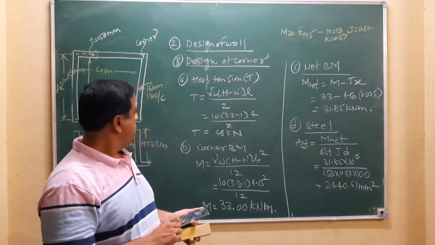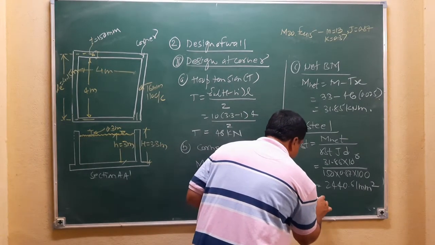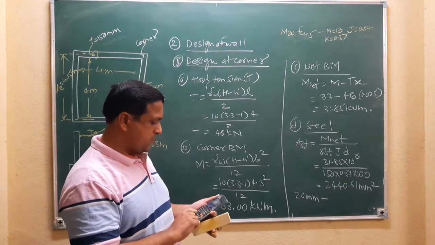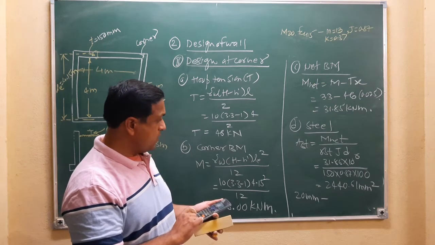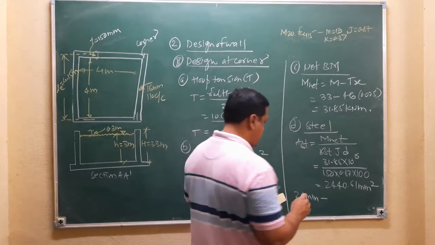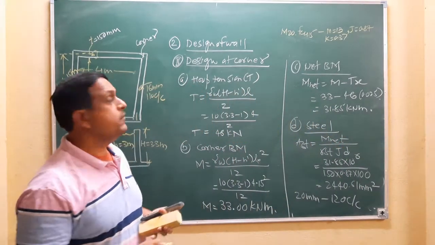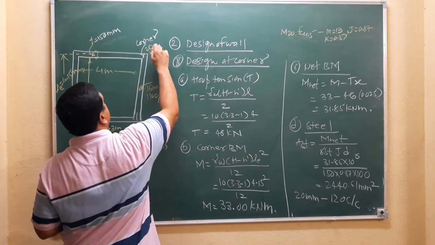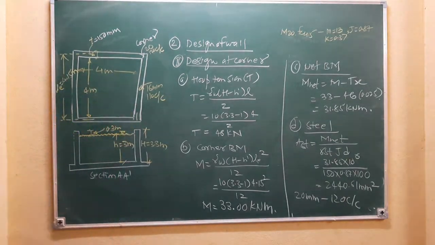Okay. So you have to assume the 20 mm bar diameter because the area of steel is more. What is the spacing? So it is expressed by 4 into 20 into 20 into 1000 divided by 2440.61. This is 128, so 120 mm center to center, 20 mm diameter bar. So at corner, 20 mm diameter bar, 120 center to center. Like this, you have to provide the steel.